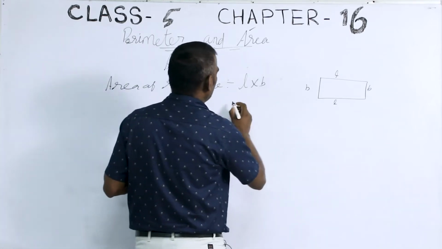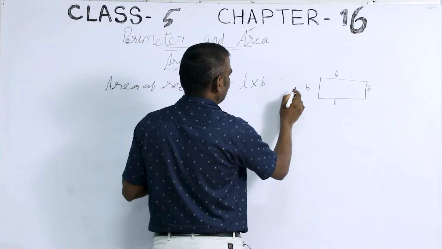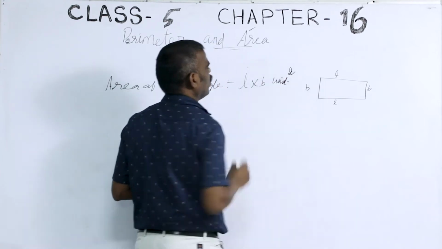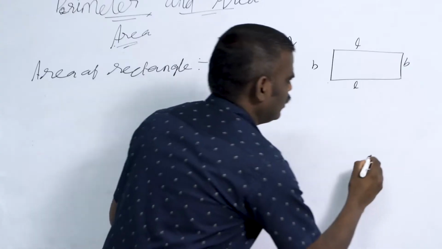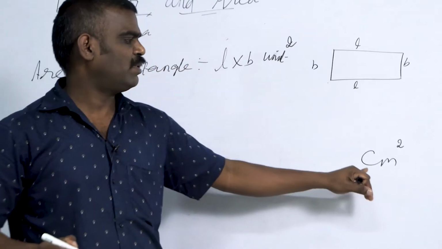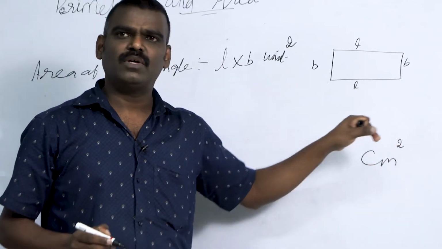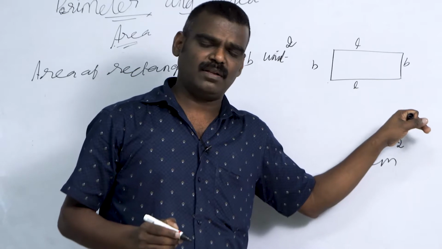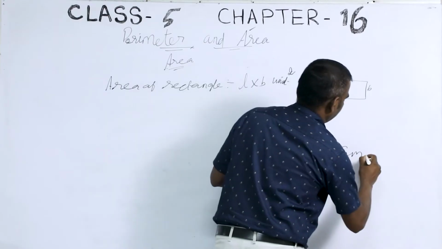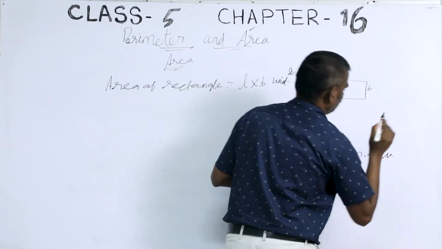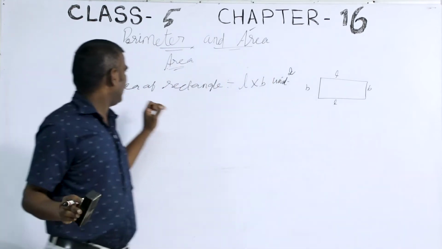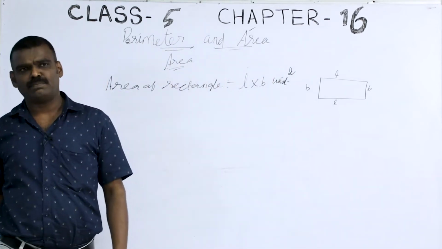Always it should be unit square. What is the meaning? Suppose this is centimeter, on the top if we put 2, it is not 2 centimeter, we cannot call it centimeter 2, okay? We call it centimeter square. Understood? Or if you want, you can write it also as centimeter square, but usually we do it on the top, okay? So the area of the rectangle is length into breadth.